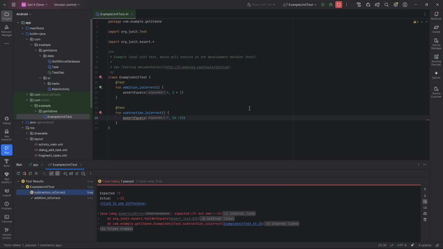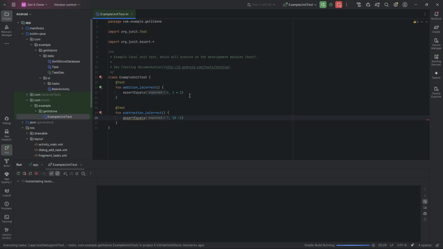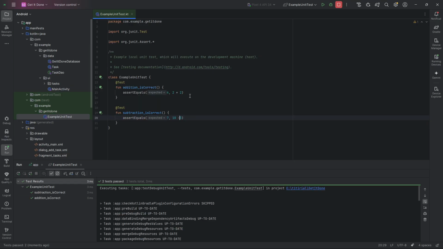Good. So at the moment, these tests aren't particularly useful. And why aren't they useful? Well, the only thing they're asserting is the code in the test itself. You would never typically write tests like this. Tests are to test other code that actually exists in our main source set. We will look at testing code in the main source set, code from our real project, in the next tutorial, but for now I want to show you how you might go about setting up a test where you are testing some other code,